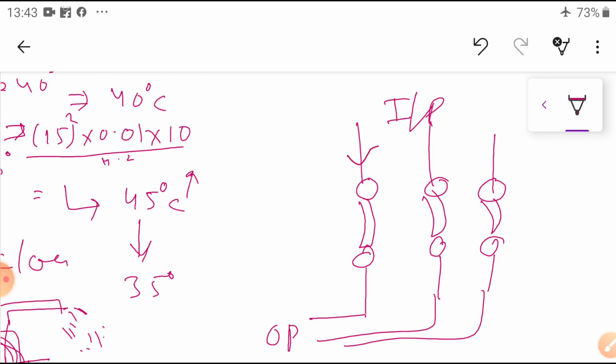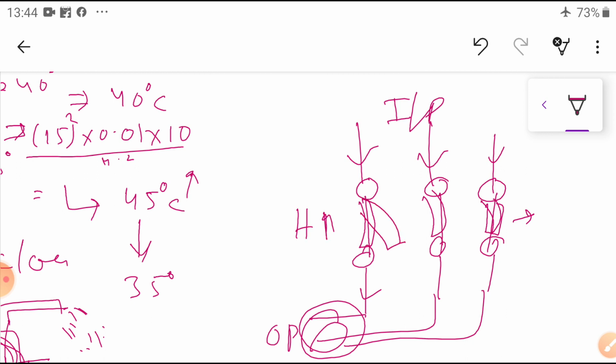Under normal conditions, whatever current is flowing, this is closed and the current simply flows. Whatever heat is developed in the bimetallic strip is unable to bend it. When an overload occurs, something happens inside and it draws more current. That current produces more heat, and then automatically it will open this one.